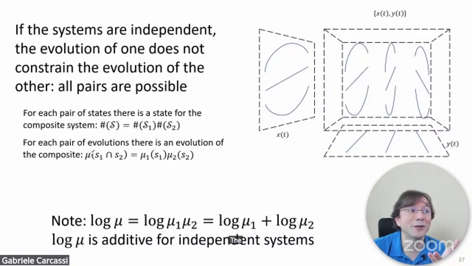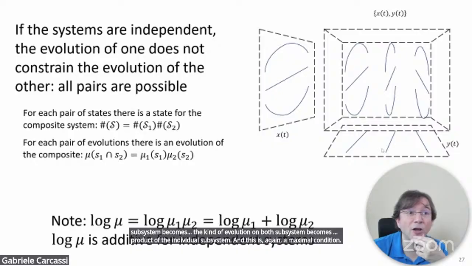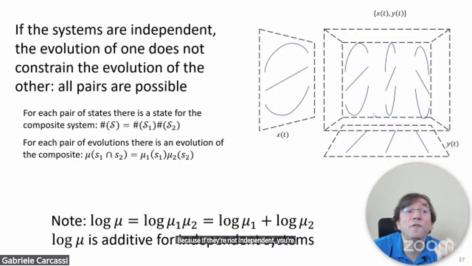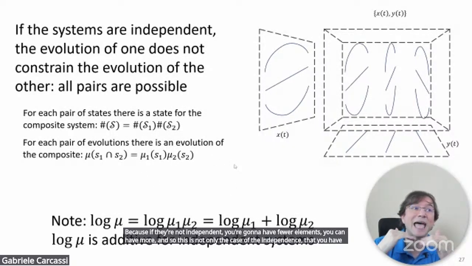So when you have the 2 subsystems, the kind of evolution on both subsystems becomes the product of the individual subsystems. And this is, again, a maximal condition, because if they're not independent, you're going to have fewer elements. So this is not only the case of independence that you have the product, but everything else is going to be